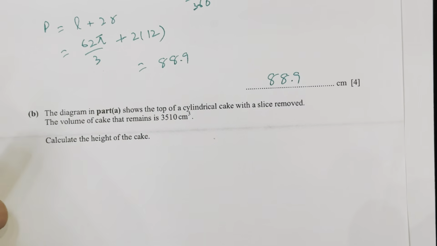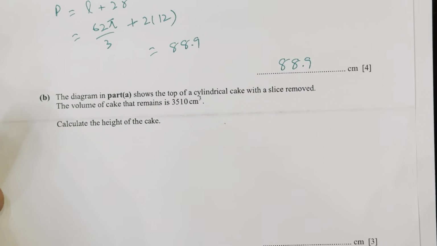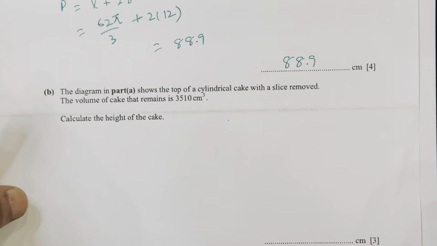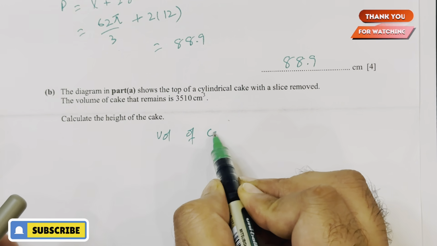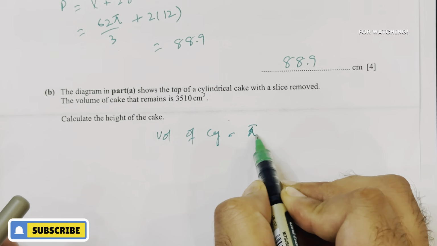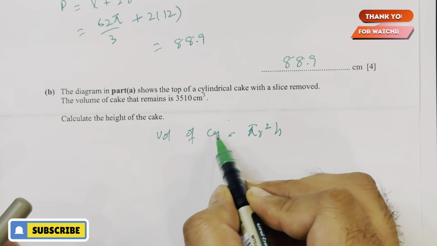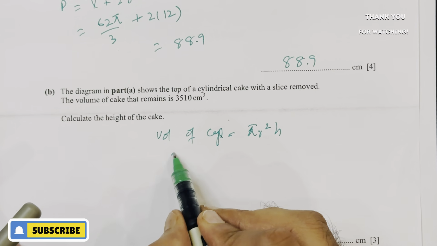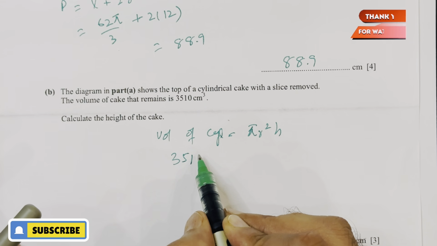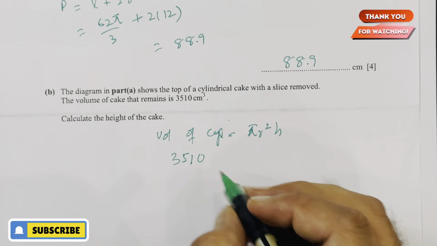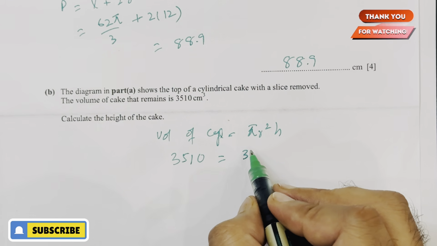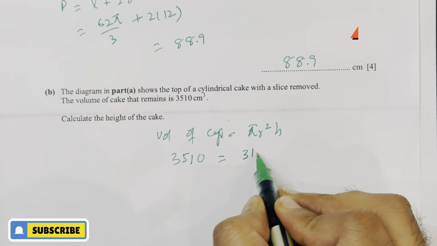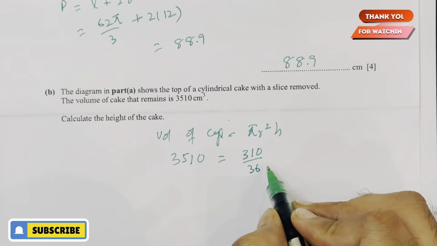Okay, moving to the last part. The diagram shows the top of a cylindrical cake with the slice removed. The volume of the cake remaining is equal to 3510. So we know that the volume of a cylinder is equal to pi r square h. Okay, and the value of the volume is given, that is equal to 3510. Also we know the value of pi r square h is equal to 310 over 360